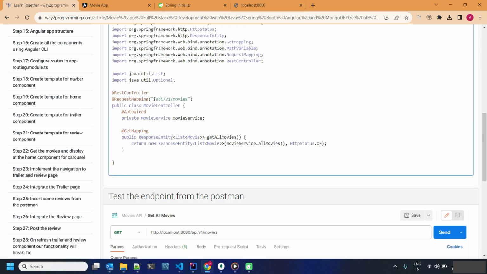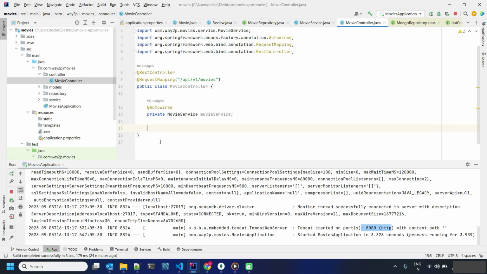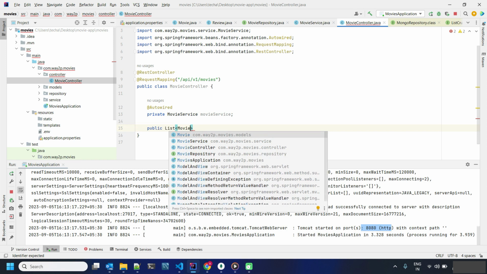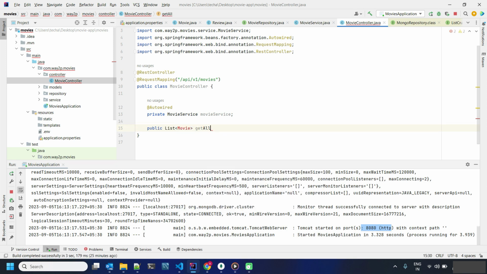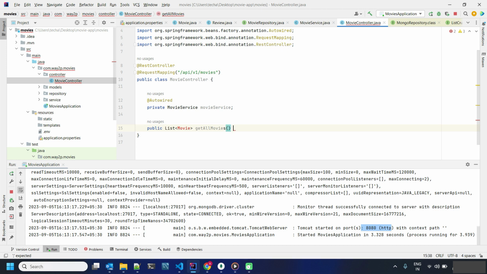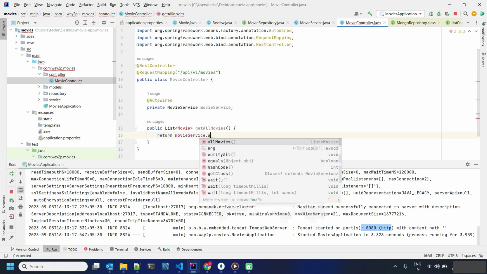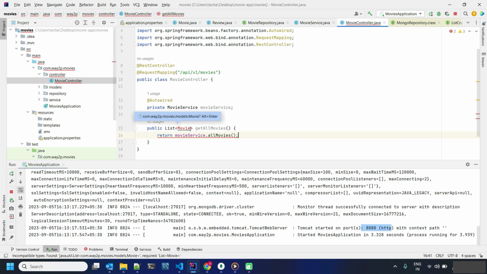And using this request mapping, we are calling this GetMapping, right? So here we don't have any mapping. It means when we call this, automatically this GetMapping will get called by default. So let's create one more function, public. So basically first return the list of movies. So getAllMovies, return movieService.allMovies, right? It will return the list of movies,